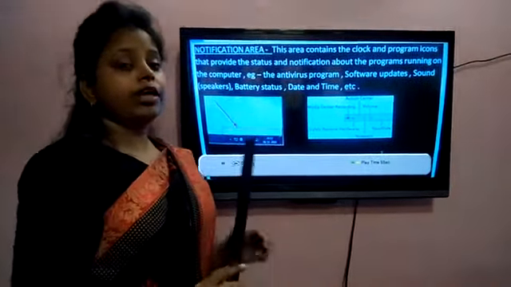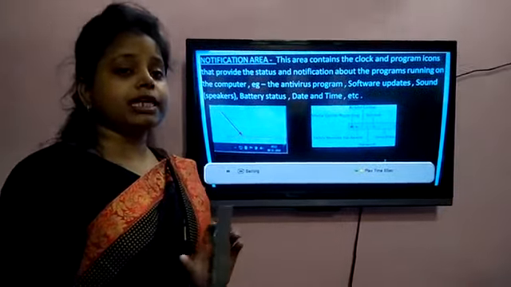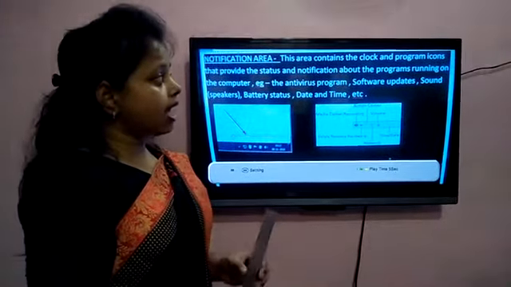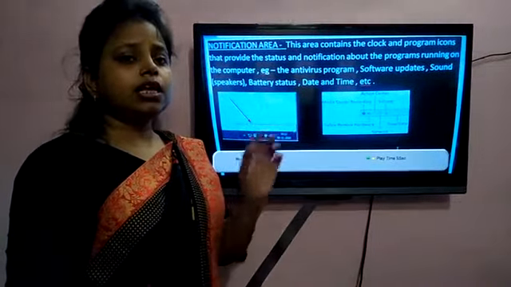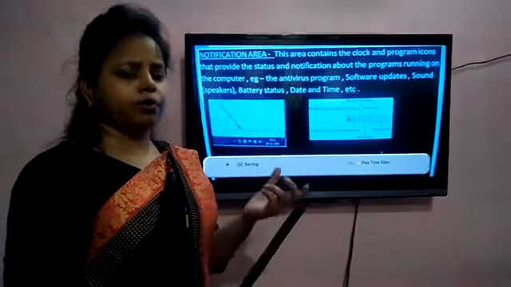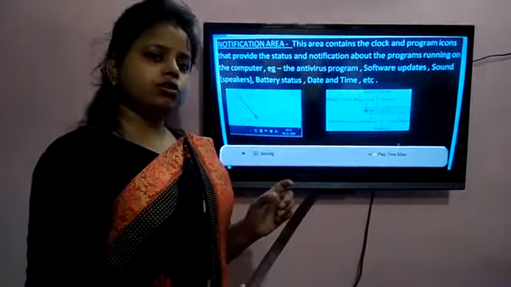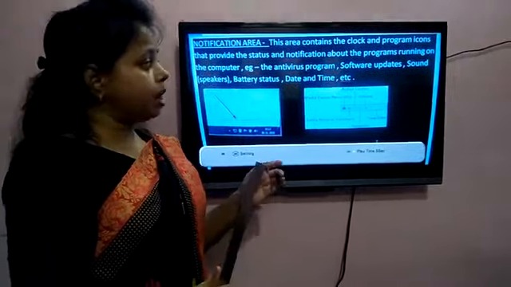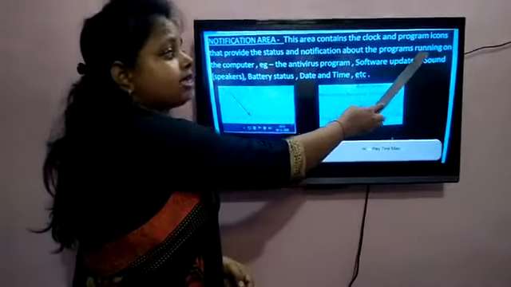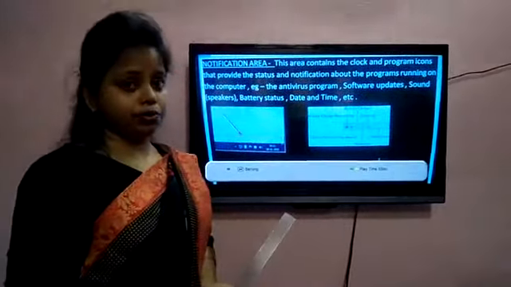Okay, the notification area is also present in the taskbar and it will give you notifications. Notification means giving you a message about the programs. It gives you the message about which program is running in your computer.